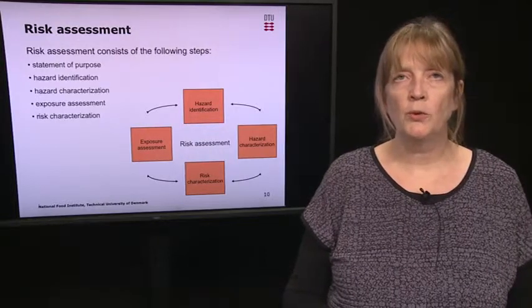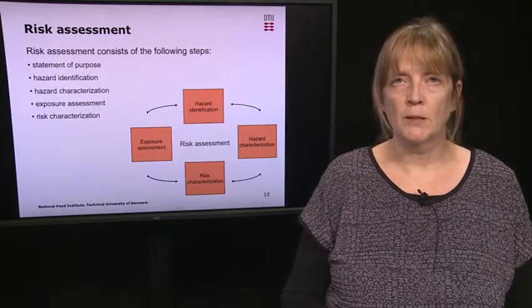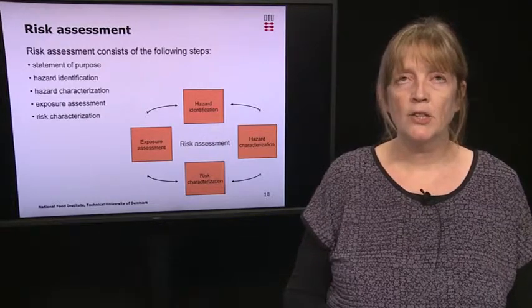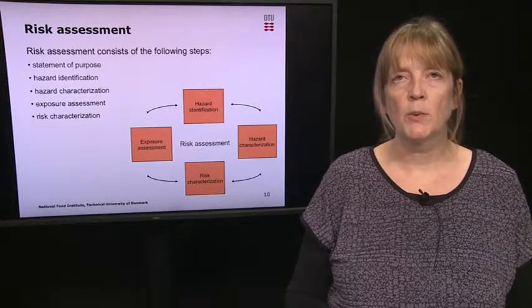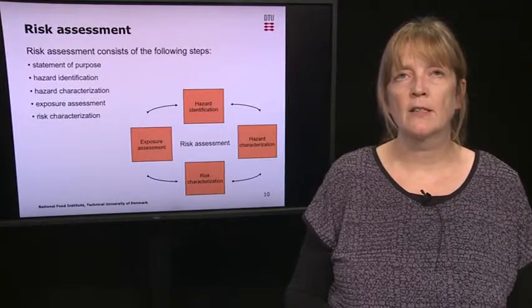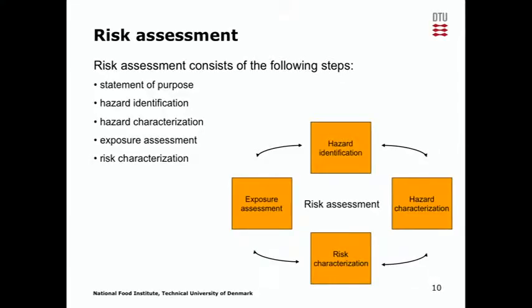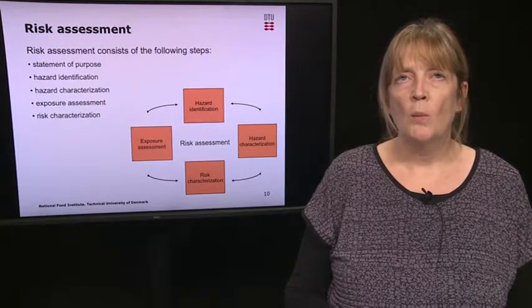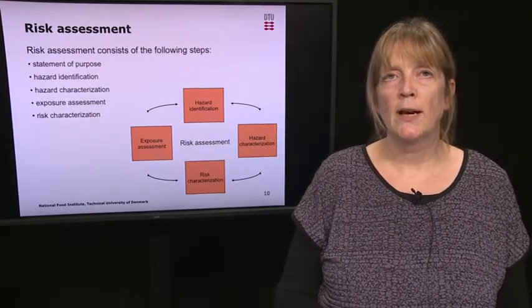So, taking you through the steps of risk assessment, there are 4 main steps: hazard identification, hazard characterization, exposure assessment, and risk characterization. As you can see, we also put the first bullet point here to the left, which is called statement of purpose. It's not really an official part of risk assessment if you look in documents from, for instance, the World Health Organization or from Codex. But based on experience, we like to put it in